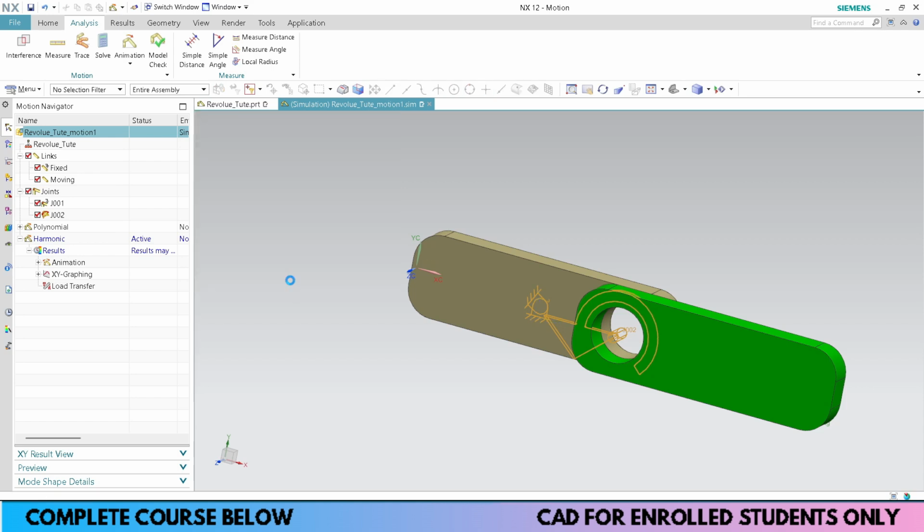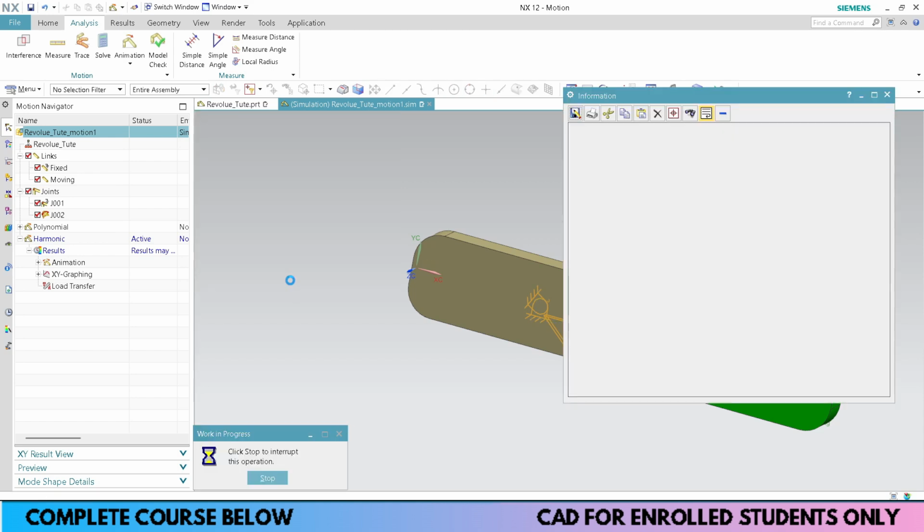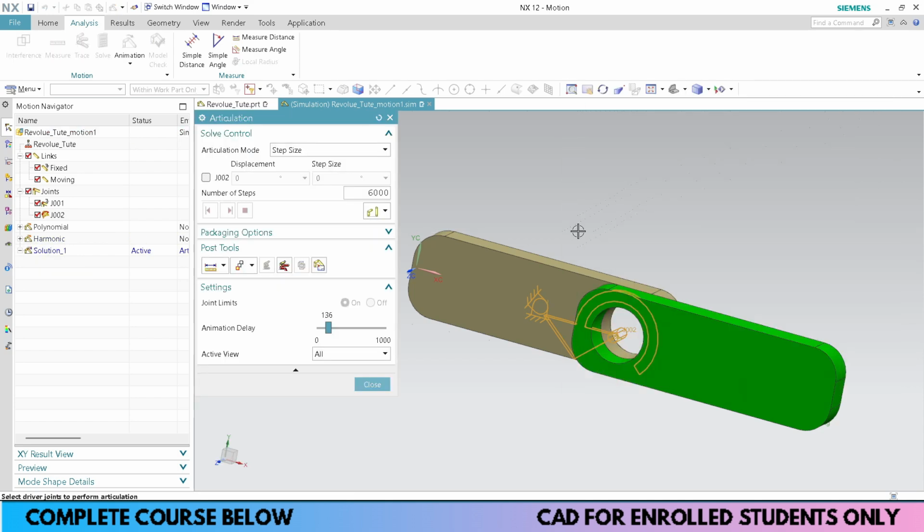Press OK. Wait for a few seconds. If you get a window prompt, then it could contain the redundant constraint. You can just simply ignore that because we know that NX will remove some over constraint things automatically.